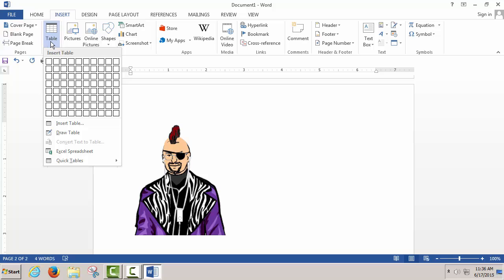Now, there's a couple different ways of making tables. One of them is you can say Insert Table right here. This is to draw a table up here. The first one is draw it. So if you want a one cell table, two cell tables. Now tables are measured in what? When we make tables, we have rows that go across and columns that go down. Kind of a grid structure. Rows,